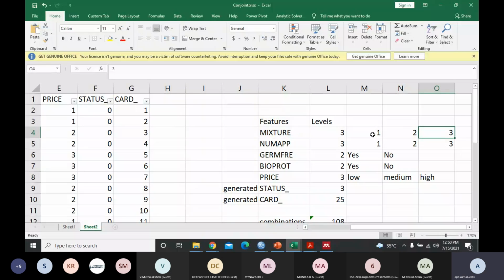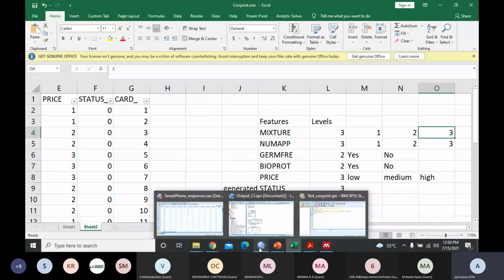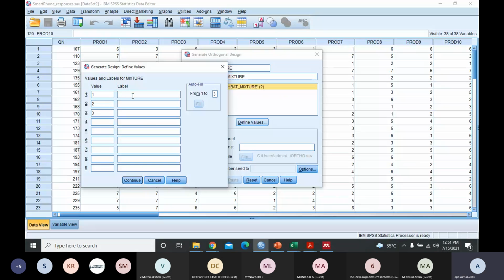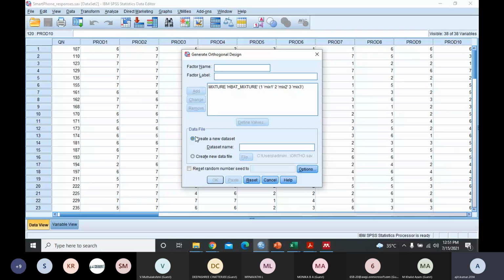It cannot be said that 2 is greater than 1, or 3 is greater than 1 or 2. So in that case, you write something from your mind, maybe mix 1, mix 2, mix 3. Now if you click continue, all these 3 different values will be stored here.